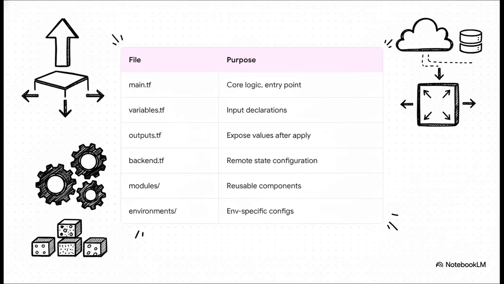Let's look at the purpose of each file. We've got our core logic, our orchestrator in main.tf. We've got our inputs in variables.tf and our outputs in outputs.tf. Then we have these crucial configuration files. Provider.tf tells Terraform which cloud we're talking to, and backend.tf tells it where to store its memory, or its state. And then you see those directories, modules and environments? That's where the real reusability magic happens. Don't worry, we are going to create and explain every single one of these.